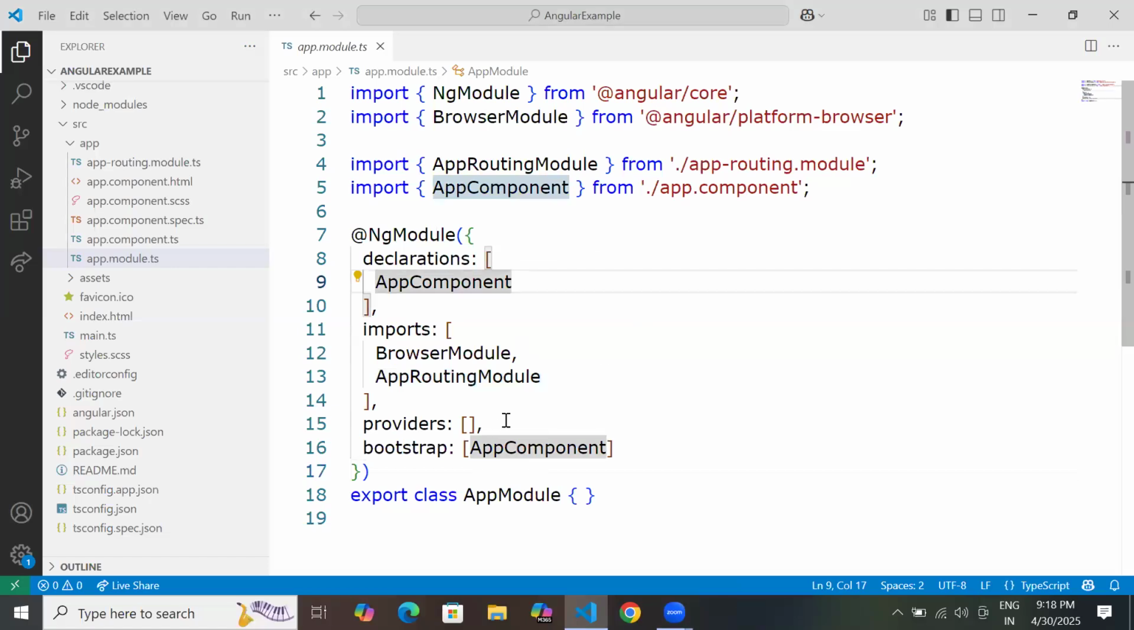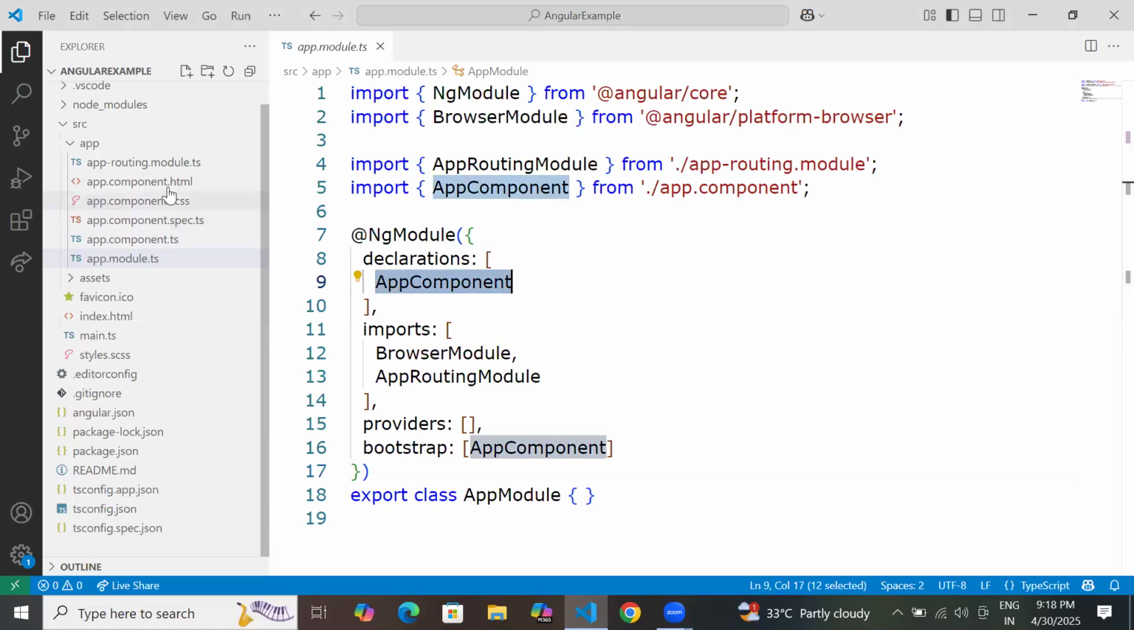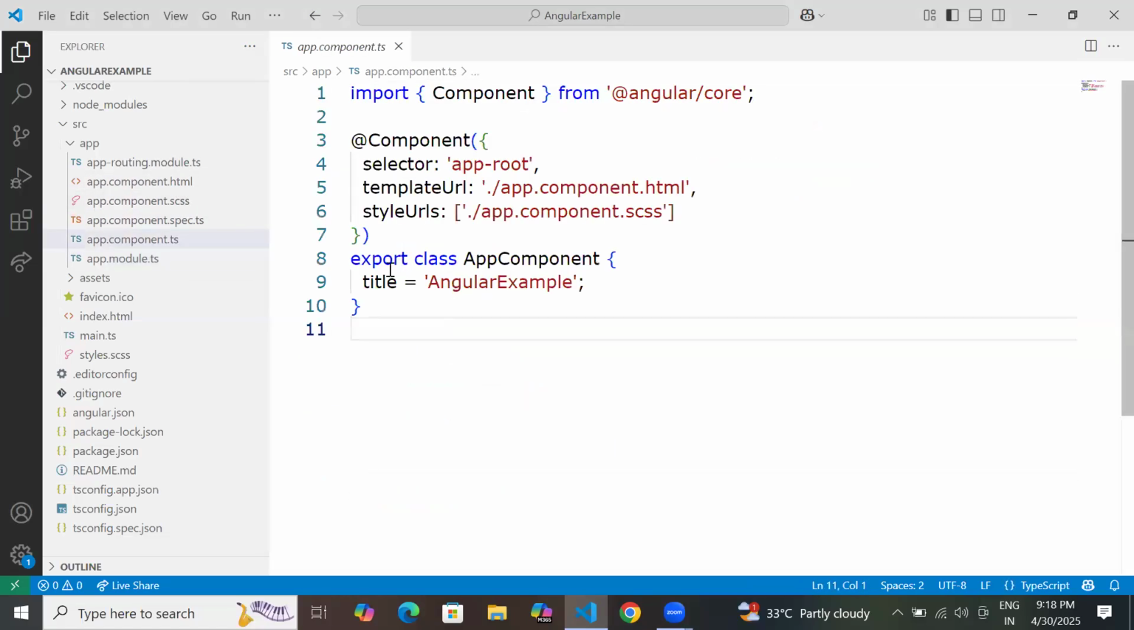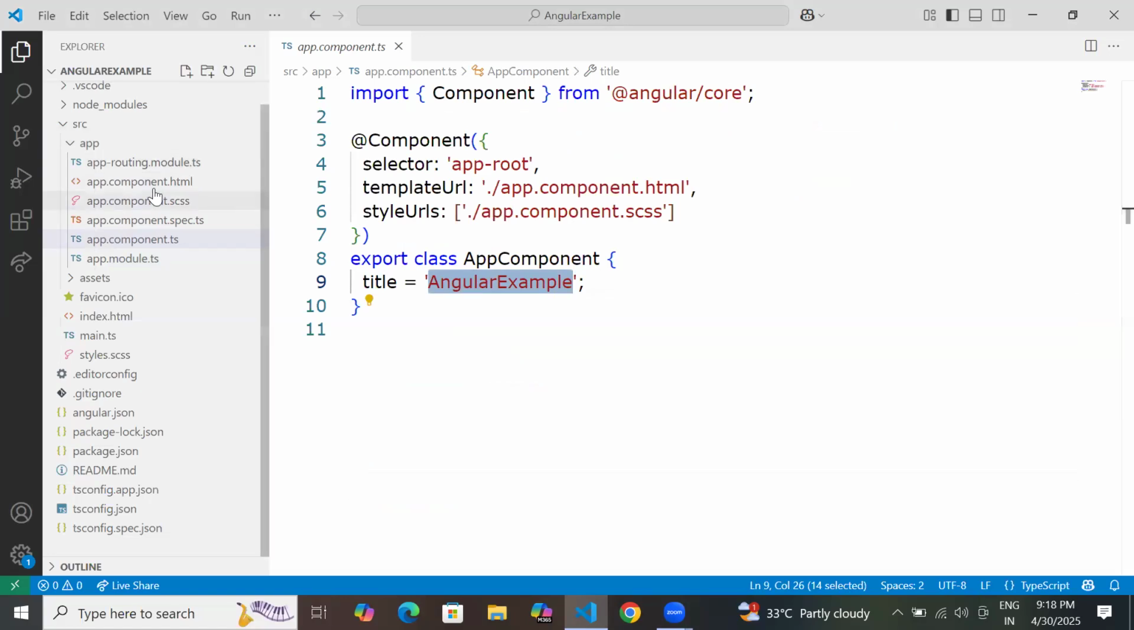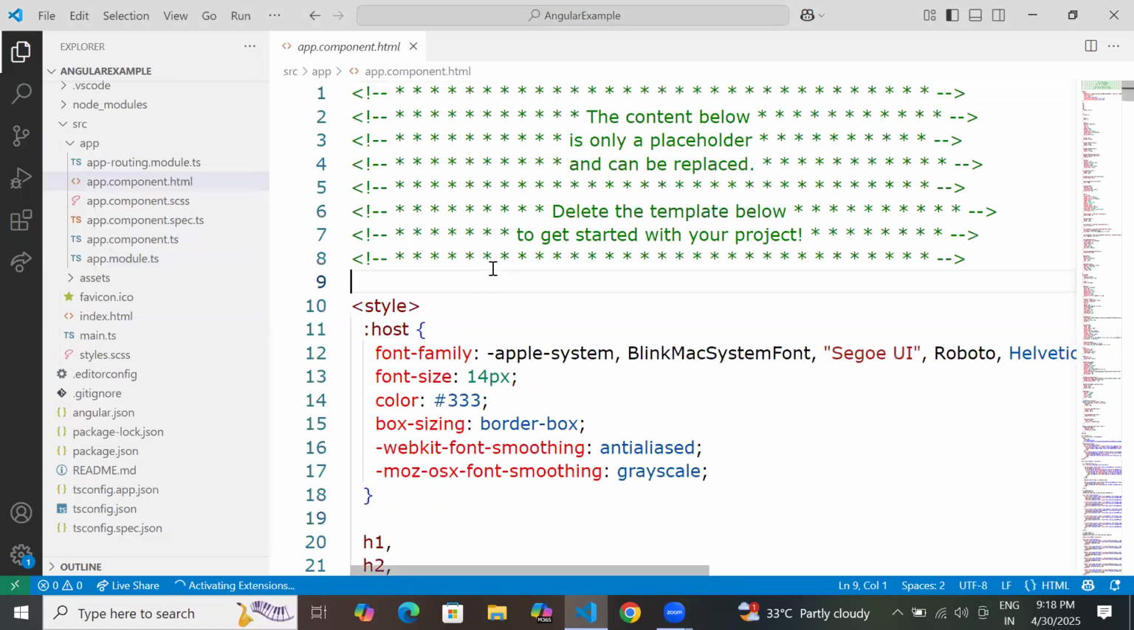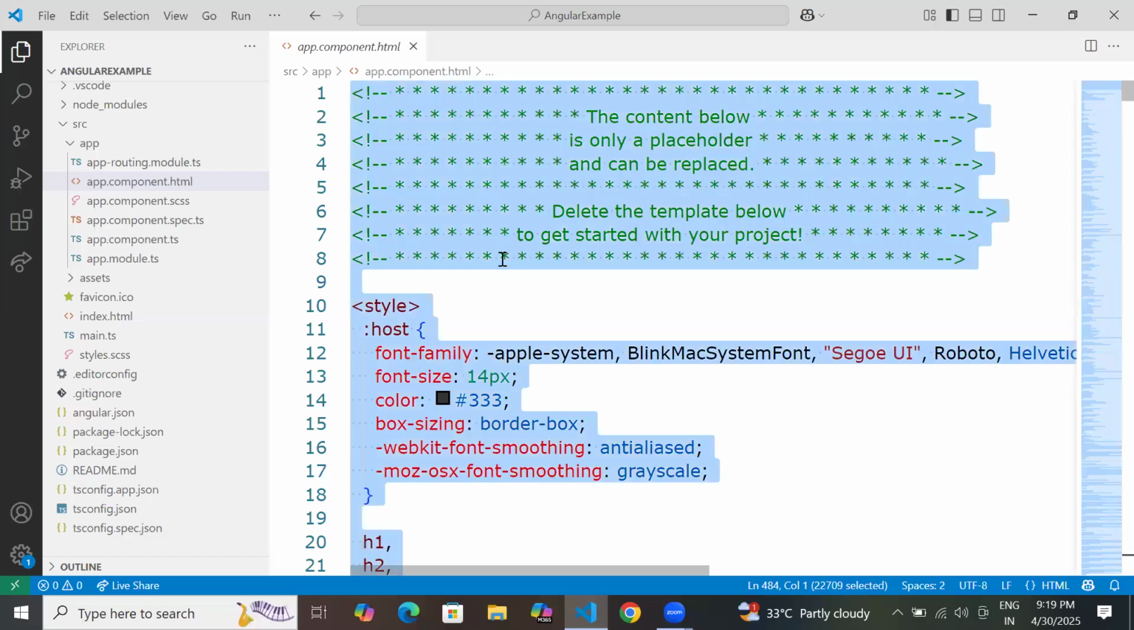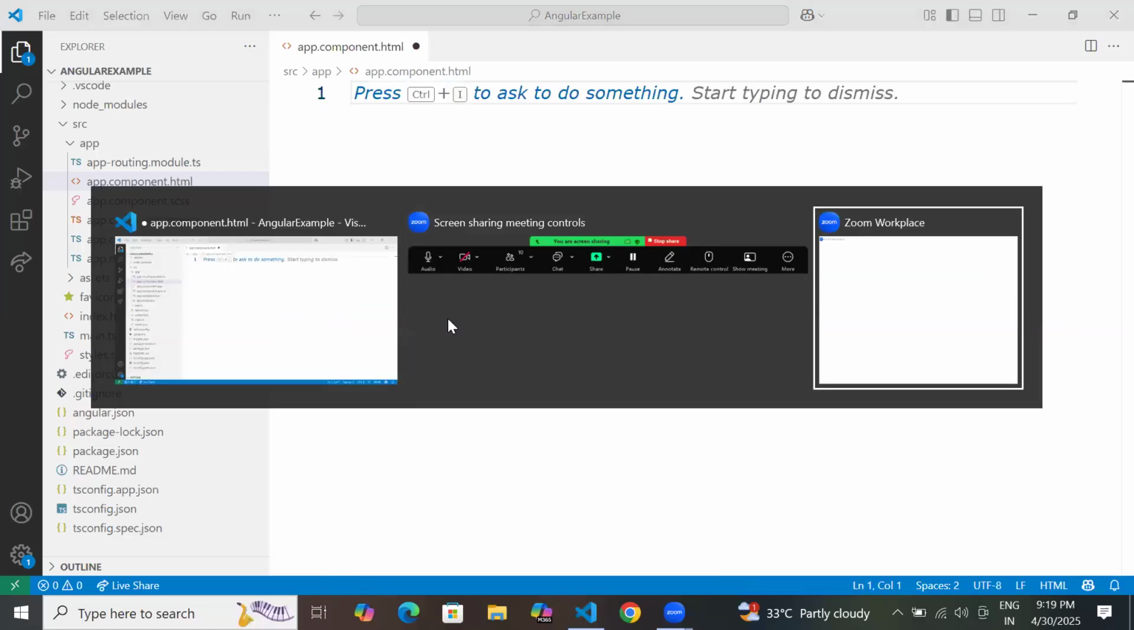Okay. So this is your app component and that component will be here. You see there is a component HTML, CSS, TS file. Here you have an app component class with the title Angular example. Am I right or wrong? So in the HTML, you see there is a lot of code I am removing. Listen carefully. I am removing the entire code. Now, if you go back to the view